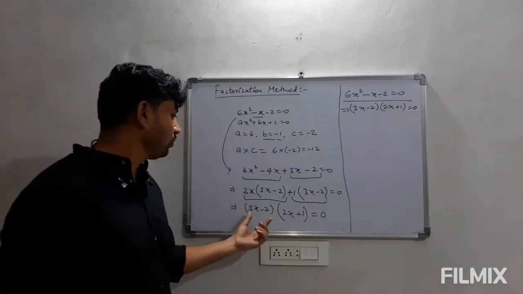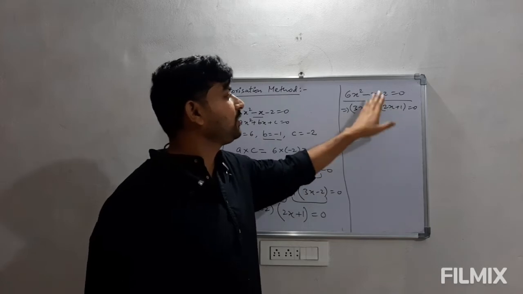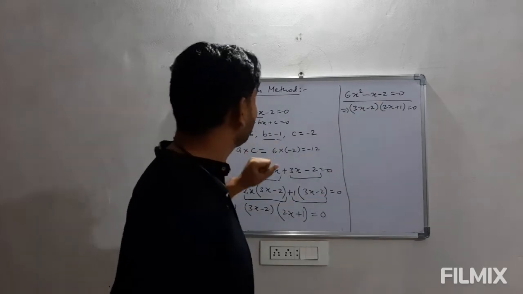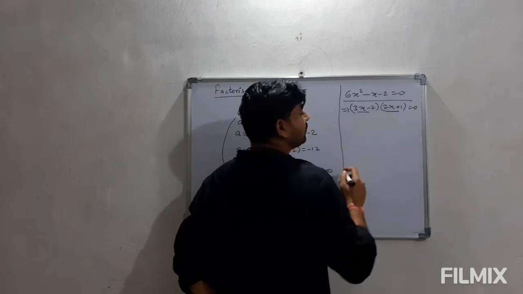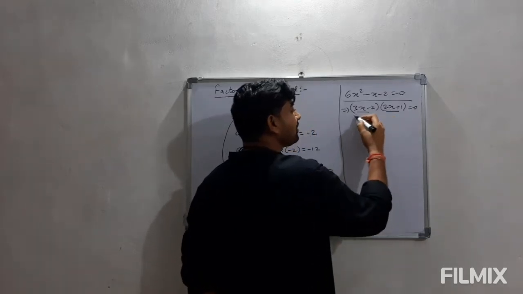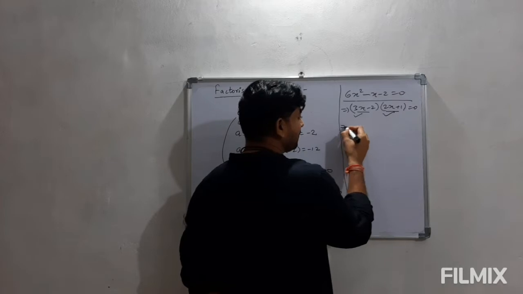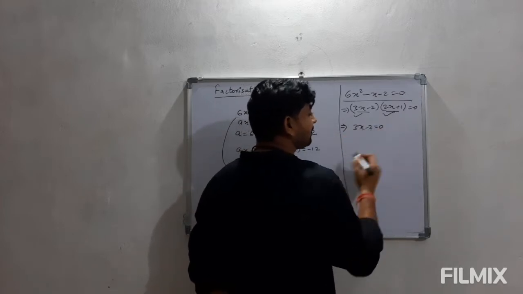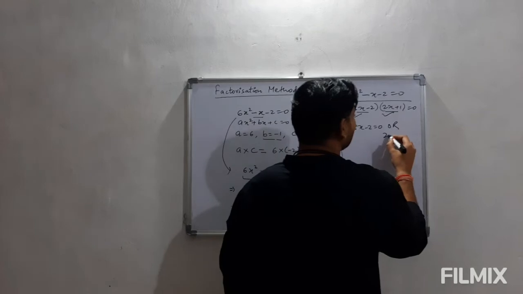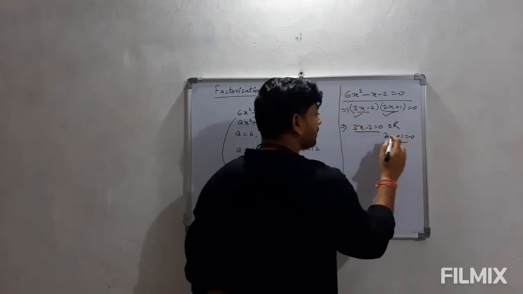हमारे पास 2 फैक्टर्स हैं, हम इसको इस फॉर्मेट में लिख देंगे जो हमारे पास एक्सप्रेशन है. अब इस एक्सप्रेशन को 0 करने के लिए 2 ऑप्शन हैं, या तो ये 0 हो जाए या फिर ये 0 हो जाए या दोनों हो जाएं, but we can write this way, 3x minus 2 is 0 और 2x plus 1 is equal to 0, या तो ये फैक्टर 0 हो जाए या फिर ये हो जाए.